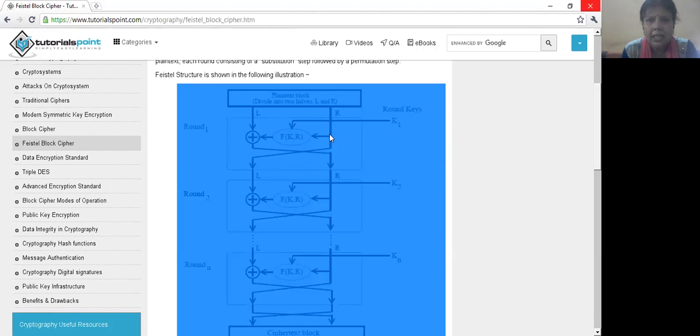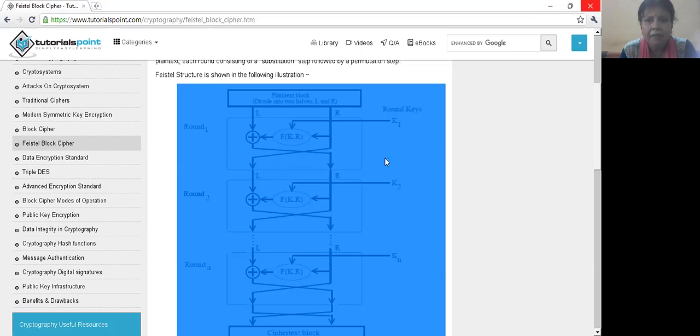The function, the key, and the right part, the encryption function is applied here, and whatever the left block is there, we perform the XOR of this encryption output with the left block of the plain text. And then again, whatever the output comes, this is interchanged. Can you see? This is going to this part, again this is coming to this part. So the output of the left part is going to the right part and the right part is going to the left part. Again this becomes the left part.